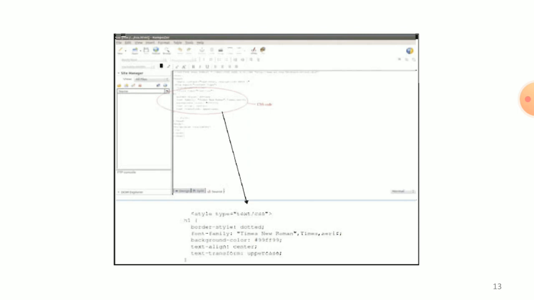This CSS code is generated automatically. You have seen it in the page source code. That is creating a CSS style rules example.